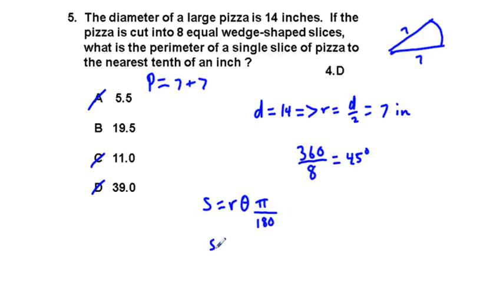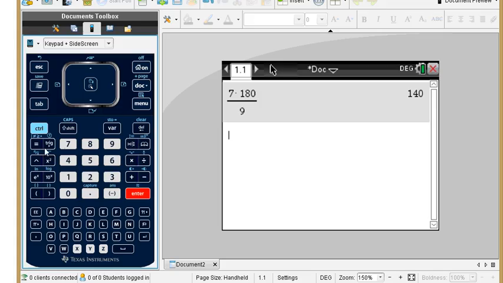So in this case we have S equals R theta, and we already know that R is 7, and we know that we have 45 degrees times pi over 180. And again, it's this pi over 180 that converts to radians, so that the arc length formula is able to work. So we go to the calculator, and we have 7